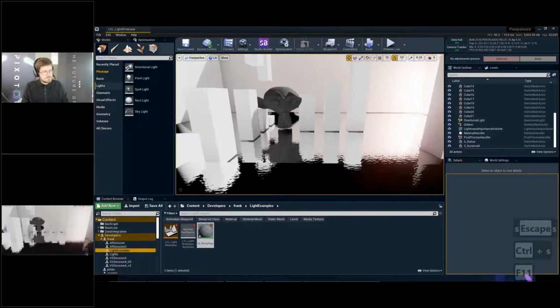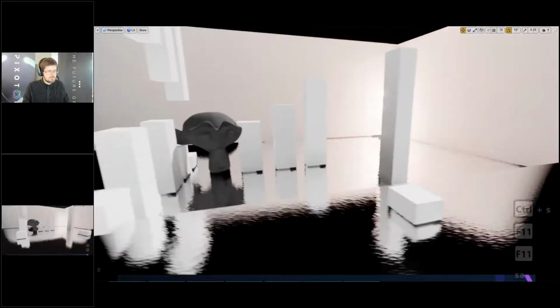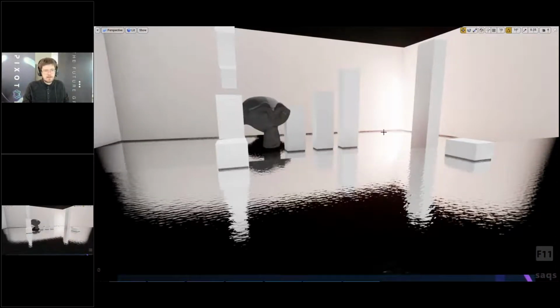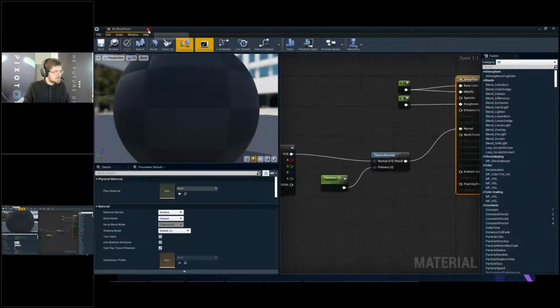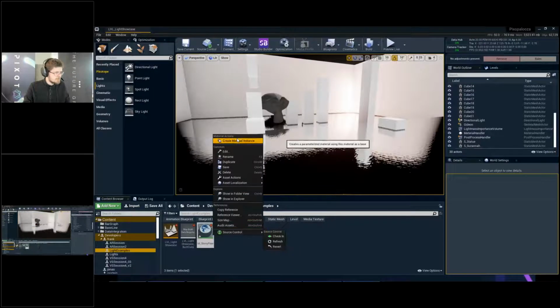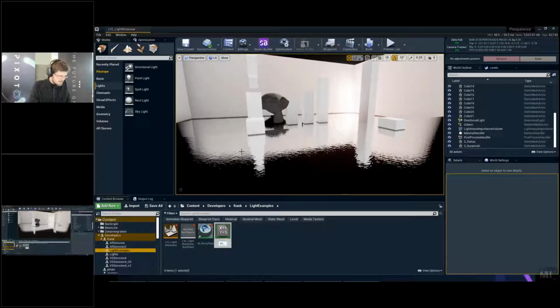And just on that note, we can now immediately see that we are reflecting things onto our floor, which is great, but we can also immediately see we have some pretty glaring issues. Let's also go ahead and make the upper level a bit more coarse. So I'm just going to go ahead and make a material instance of this shiny floor. MI shiny floor